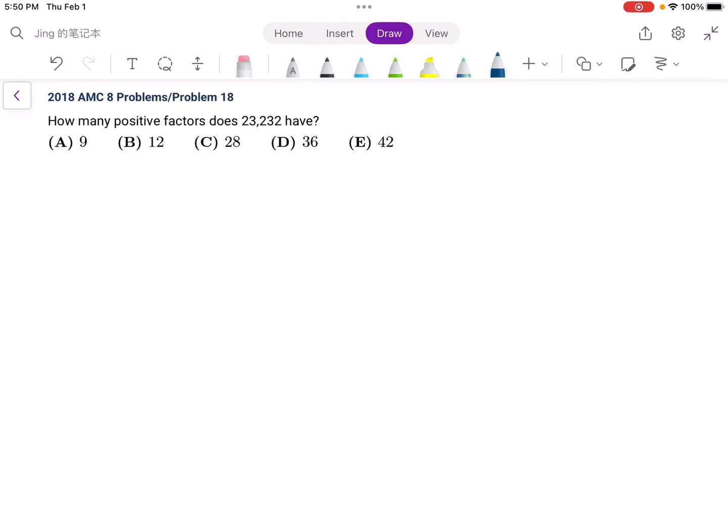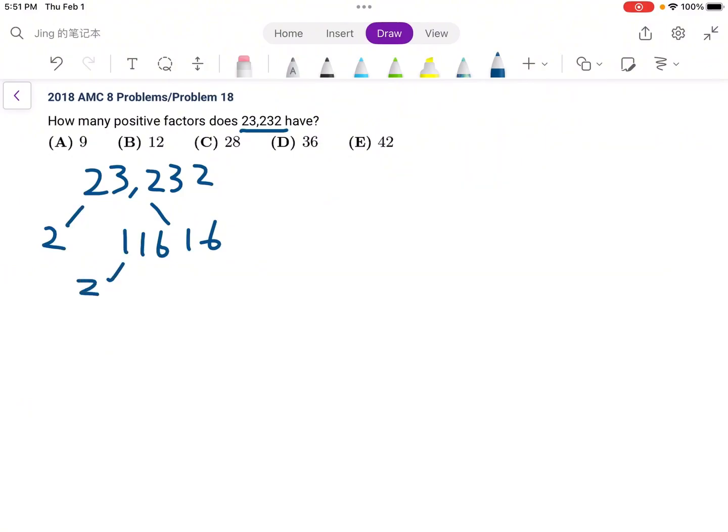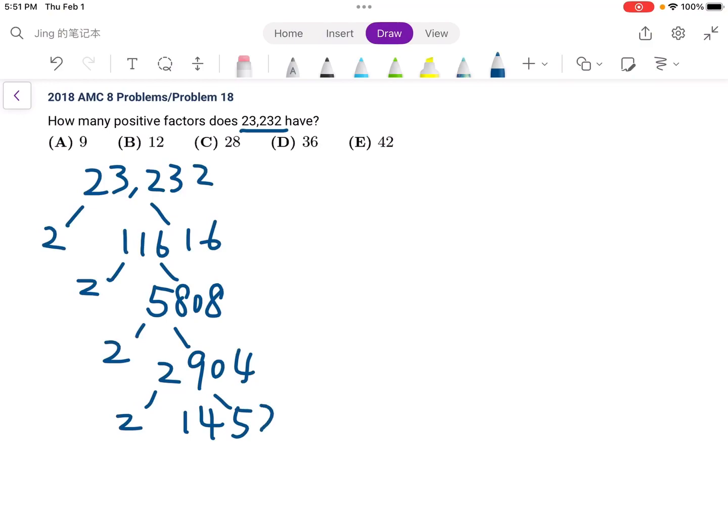To calculate how many positive factors the number has, we need to calculate its prime factors first. So let's do that. We divide by 2, and that equals 11616, and divide 2 again. We get 5808. Divide 2 again. We get 2904. Divide 2 again, we get 1452. Divide 2, we get 726. Divide 2, we get